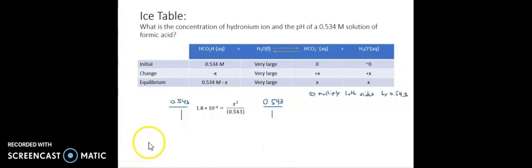If you go on in chemistry to take Chem 200, I'm not even sure if you do it in Chem 200, but this can be solved analytically to an exact answer. But these approximations are very, very good. So that's really all you need to do. So if I have this simplified expression where I just have 0.534, I've